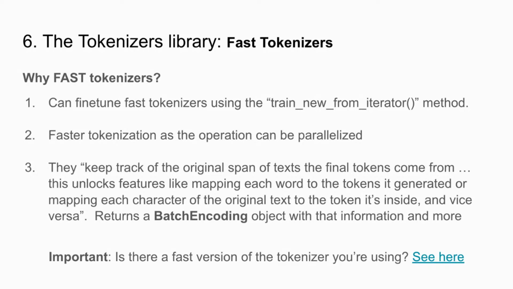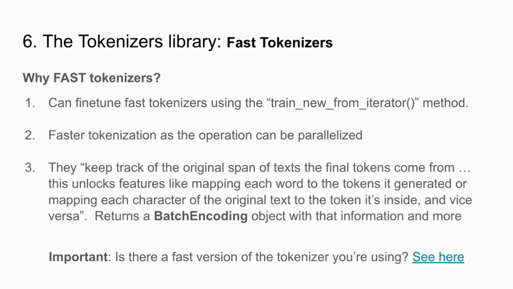But if you create a function that does that for a slow tokenizer, which is possible, you can still use Blurr to its fullest. So why fast tokenizers? One, that fancy train new from iterator method to fine tune a tokenizer only works with fast tokenizers. As I mentioned, fast tokenization, when we tokenize text in batches, can be parallelized, and it's just by default,